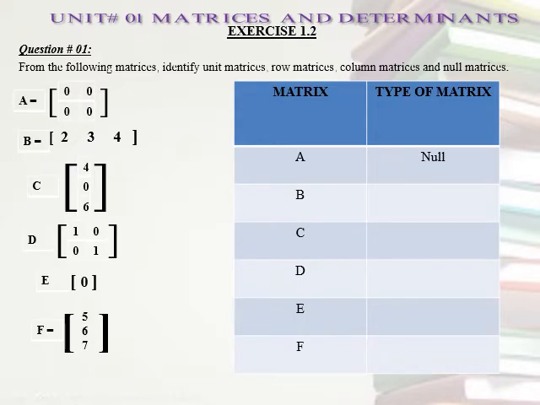Now do the rest of the parts by yourself, but keep this in your mind that one matrix may be of more than one type, as matrix E can be row matrix, column matrix and null matrix as well. But it satisfies the definition of null matrix completely, as the entry is 0 as well. So preferably this one is called null matrix. But column and row answers won't be wrong.